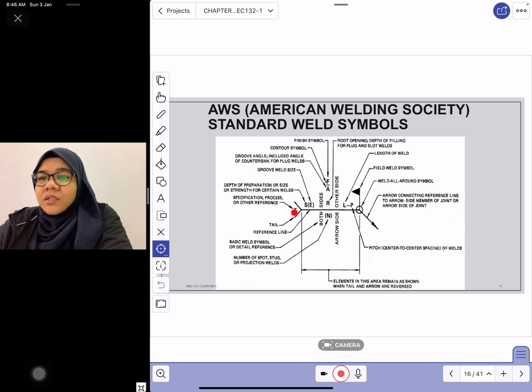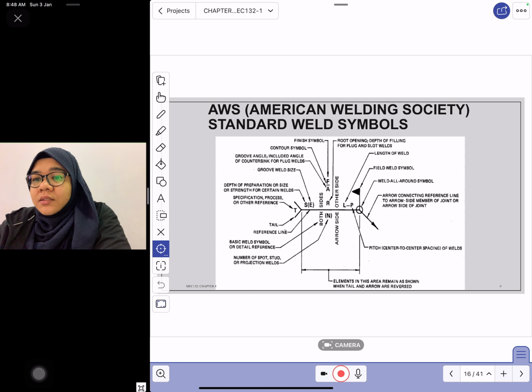Ada specification, mungkin ada detail specification yang dia nak tambah, dia tambah dekat ujung, dekat tail ni. Okay, lain finishing symbol, root opening berapa, letak kat sini size dia, and then number of spot, start or projection weld, berapa quantity dia, and then this is the area lah untuk kita letakkan kita punya detail of the welding